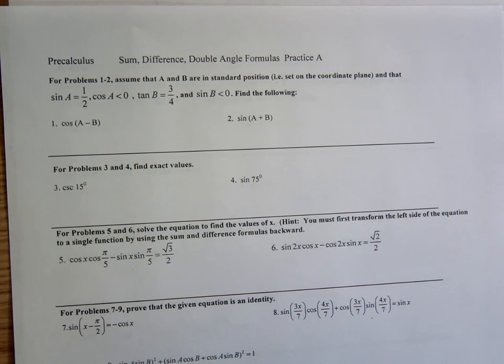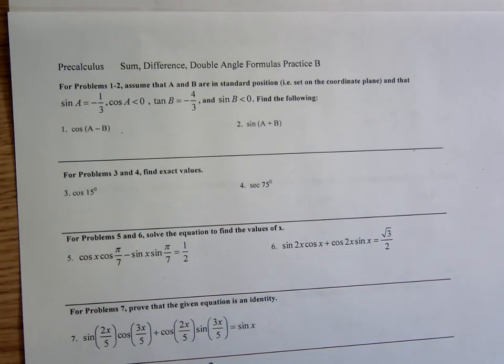Basically, it's pretty much the Identities chapter. So that's coming up, and we are reviewing, and I've given you 3 worksheets in terms of review materials. They're probably stapled together. But sum difference and double angle formulas practice A, and sum difference and double angle formulas